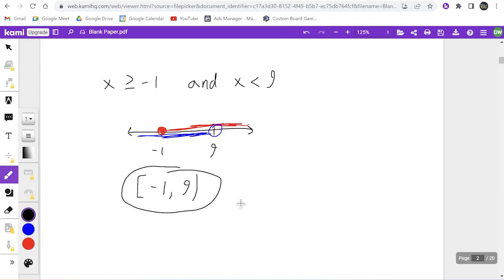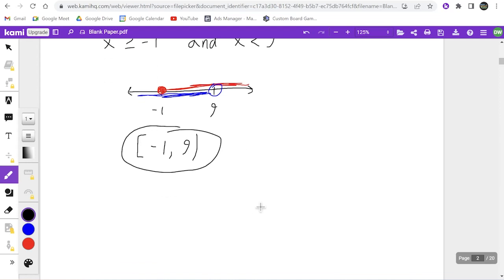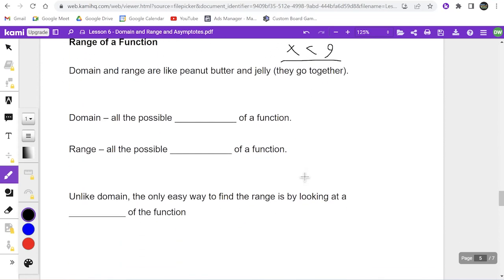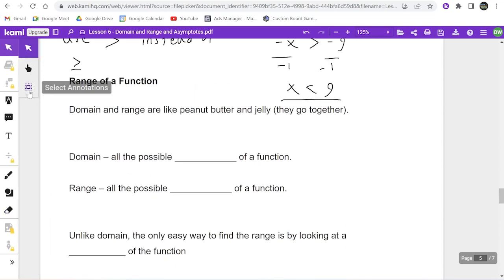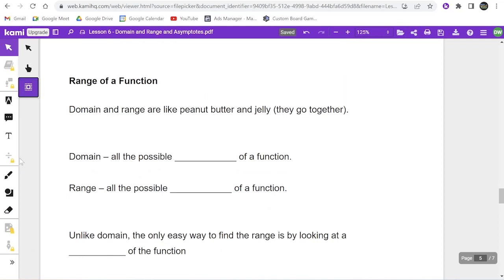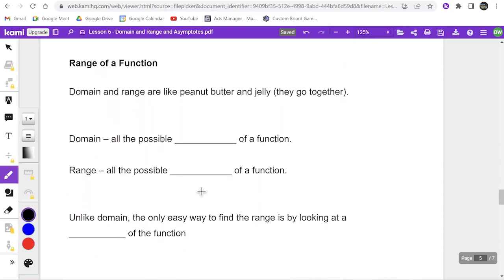Okay. So now for the rest of today, and honestly we're almost done the lesson already, this is a short one. For the rest of today we're going to be talking about how domain and range interact with each other. We have not talked about what range is, but I have a feeling you can guess it. Domain, like we said before, is all the possible x values. It's what we've been doing so far today. Now for range, it's all the possible y values